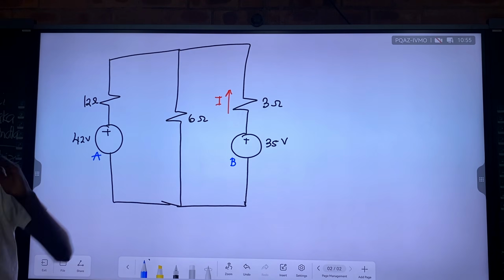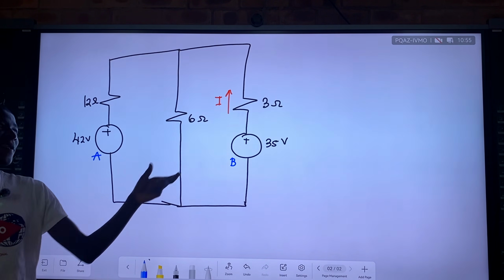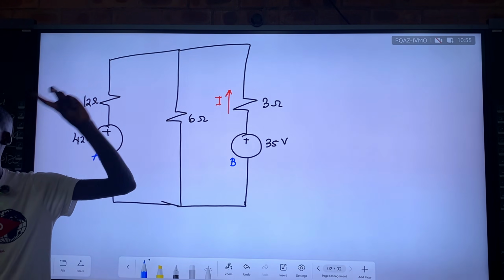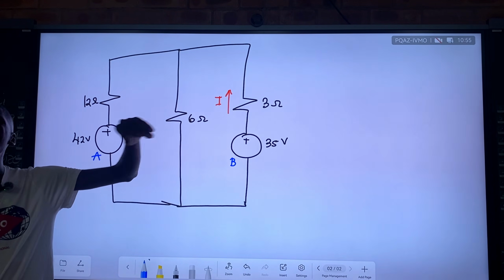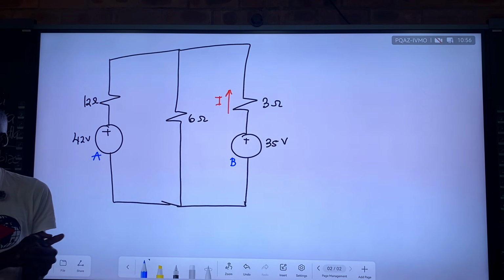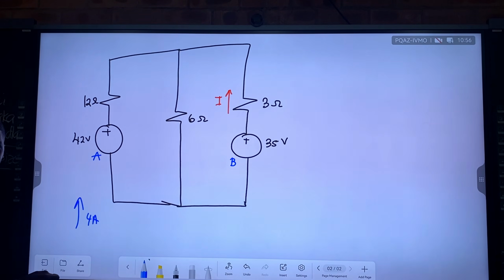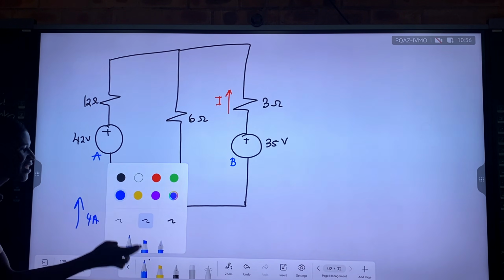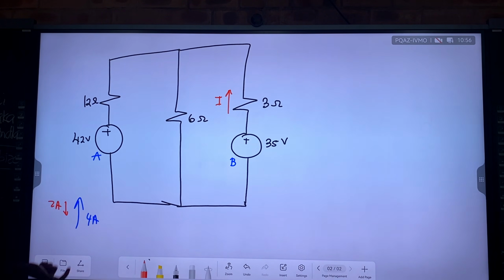But in reality, since we have two voltage sources, both these voltage sources are supplying a current to this resistor. It's just that those currents cancel out in such a way that the dominant one is the one that continues. Remember that if we have a current of 4 amperes upwards flowing in a conductor, and we also have another current of 2 amperes downwards flowing in the same conductor, the net current we have here is about 2 amperes upwards.